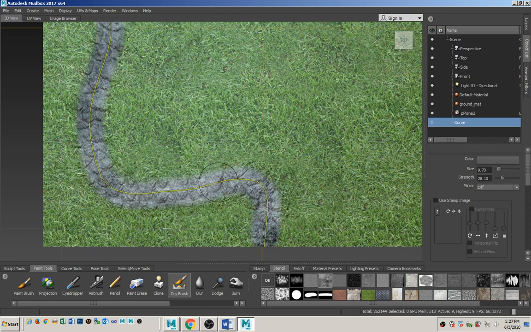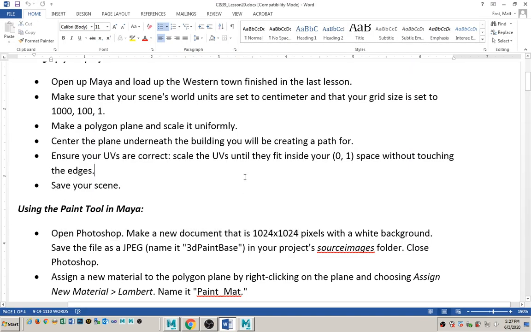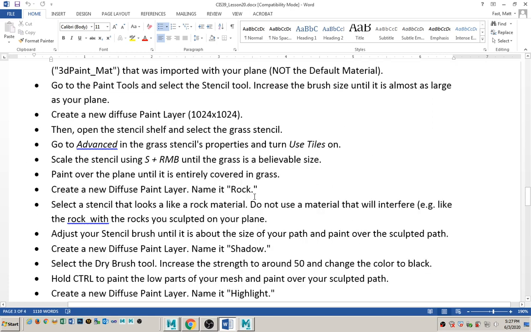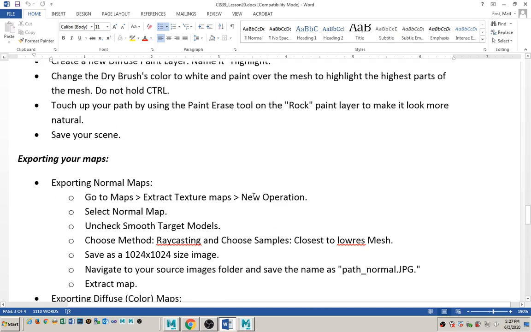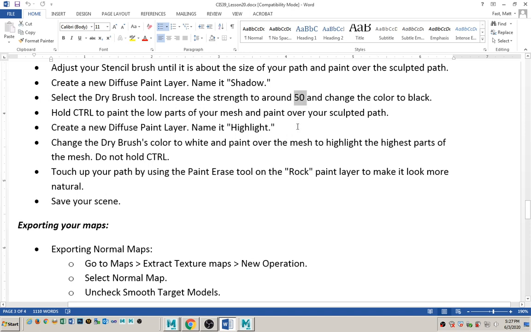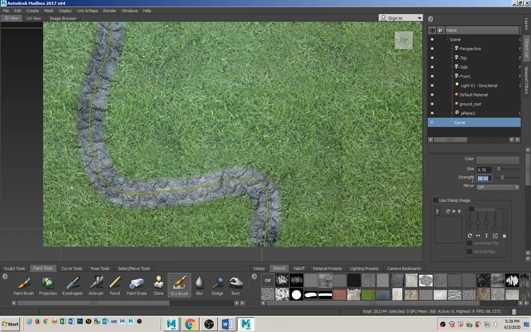Okay, so where am I? Okay, going back to here. The strength. Yeah, that's what you want to adjust. So you're going to adjust the strength to, let's see, I can't remember off the top of my head, for the dry brush. 50 is what I said. Okay. So yeah, it was set to 20. That's why it wasn't having much of an effect. Okay. And instead of clicking and dragging with the dry brush, you're going to hold Control. And what that's going to do,